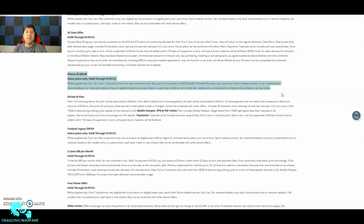requires a port-in and activation on a $60 Boost Mobile Unlimited Plus plan. So right off the bat, for such a cheap price, Boost Mobile has to get their bag. They have to make money off of it. They're losing $300 on this device. So it will require you to port your number in. Why? Because it kind of guarantees them that you're going to stick with them a little longer. So